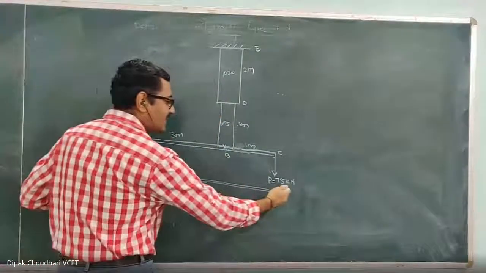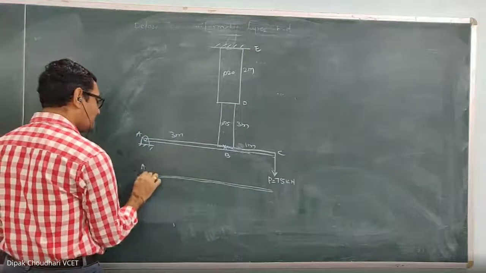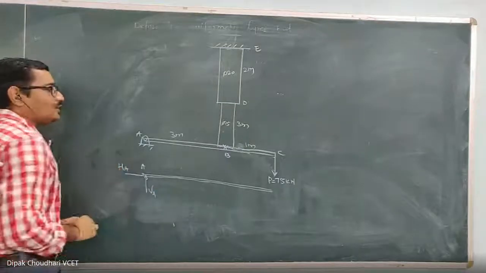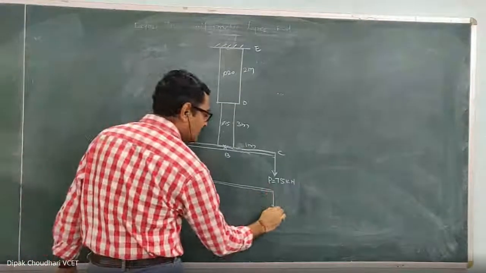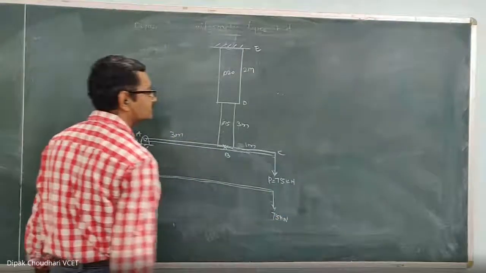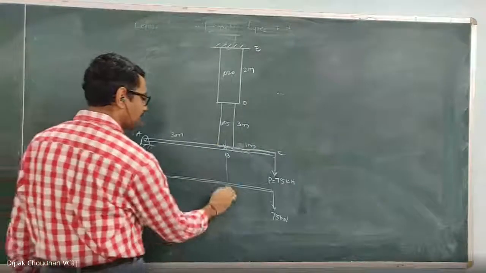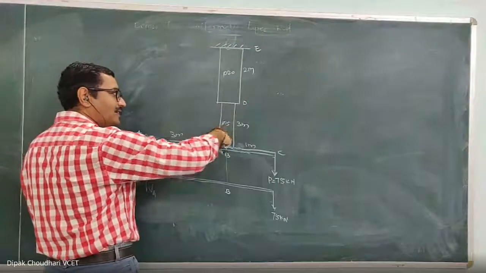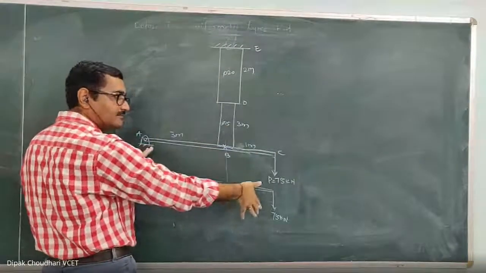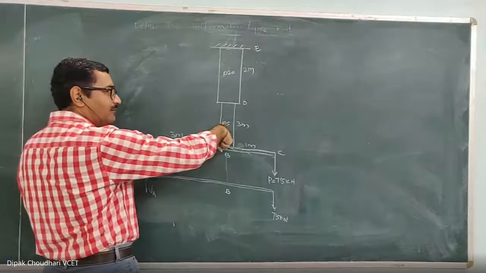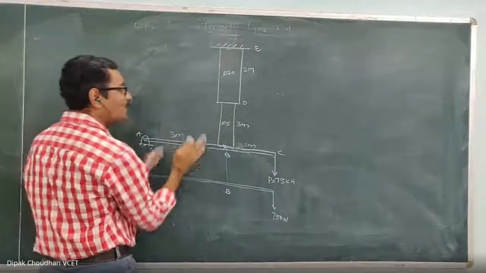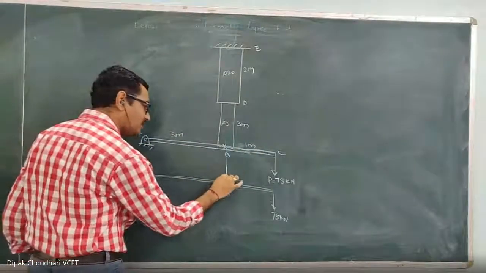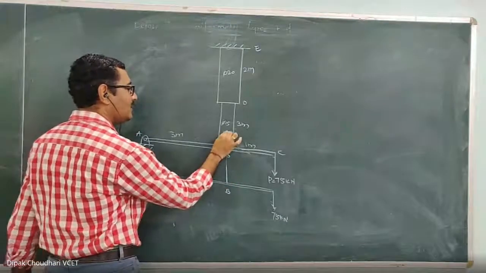So if I consider the FBD of this rod ABC, at point A there is a hinge support, so we have to show the two components of reactive force, vertical component and horizontal component, at point A. At point C, one vertically downward force of 75 kilonewton is acting. And at this point B, when we apply the force P, this step rigid rod will give the support to this rod. It will not allow that downward motion or rotational motion about point A. It will apply the force upward. That is the reactive force exerted by this rod BDE on this horizontal rod ABC. A reactive force will be generated here, and this reactive force will be the axial force acting on this.